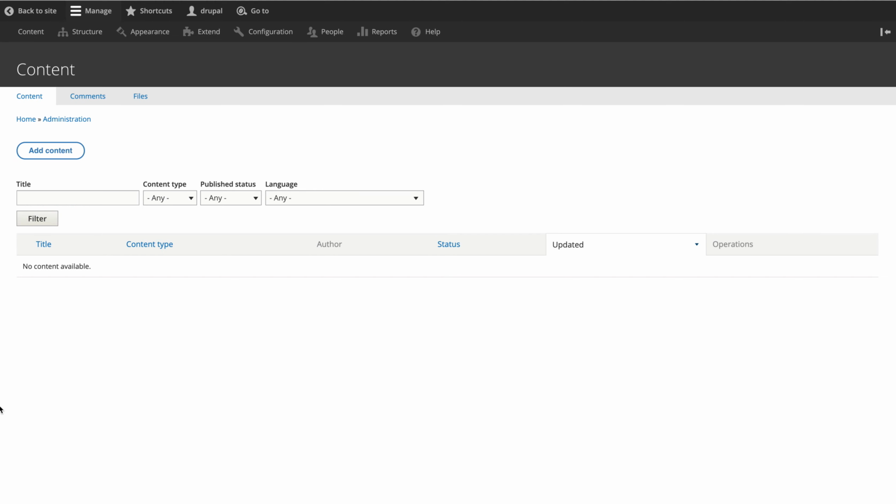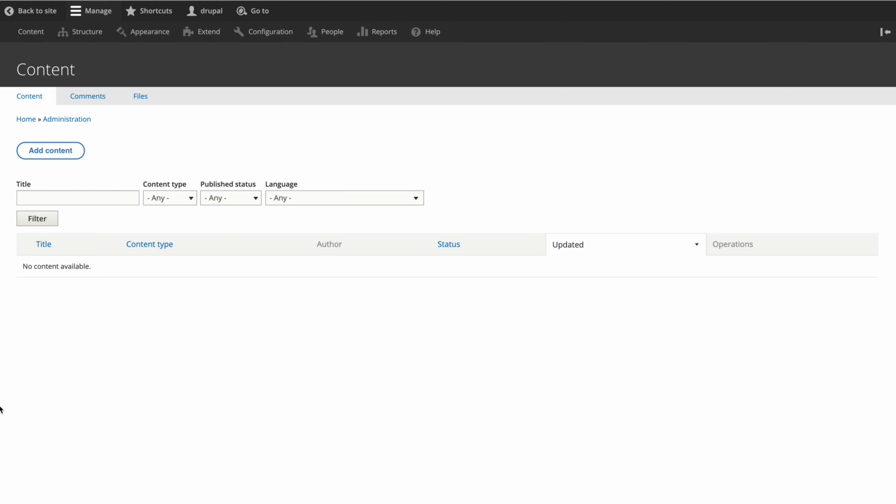What is content? By the name it's clear, content is in a material form where the user will come to your application and see the content. So the editor will come here as an editor and add the content, or if you have some user specific content, they can add the content. So a lot of configurations are there. We are talking right now about how the content flow works on a vanilla Drupal.